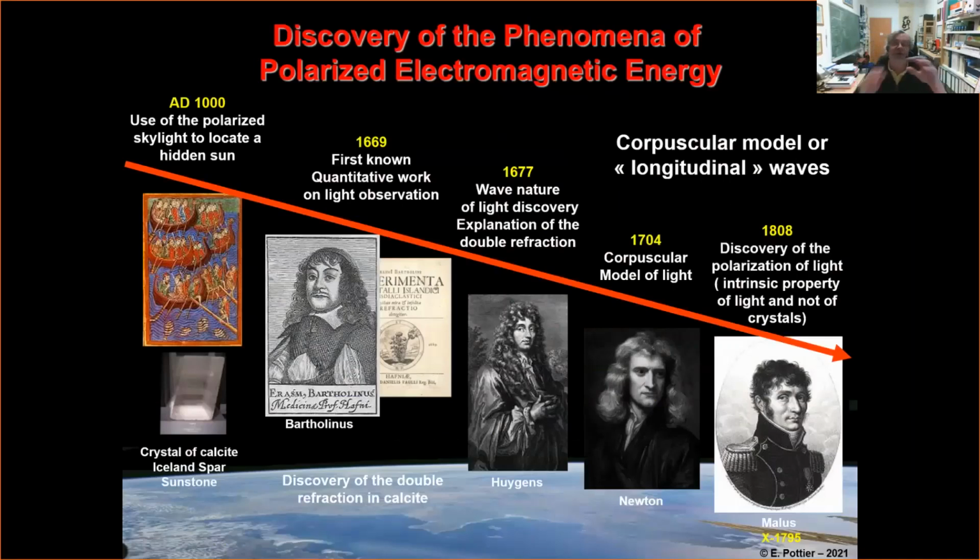where the weather is always covered. But in fact, they were using the polarization of the sun. They were using the polarization of the light. And so like that, they were able to find the right direction. So in fact, they were doing, for the first time, some polarimetric signal processing. Okay.